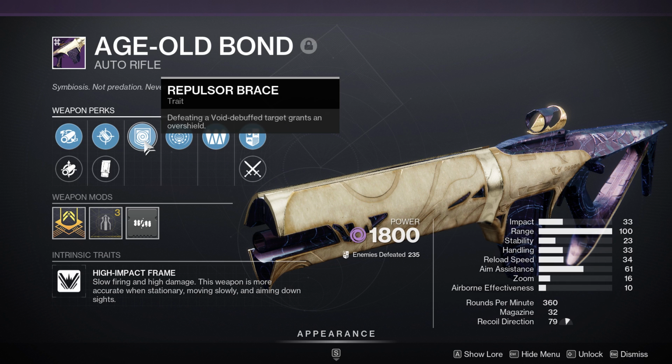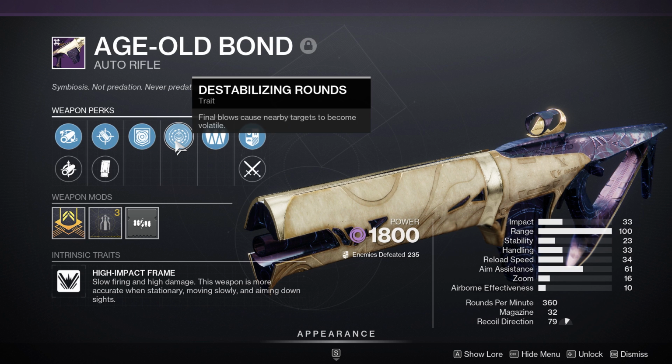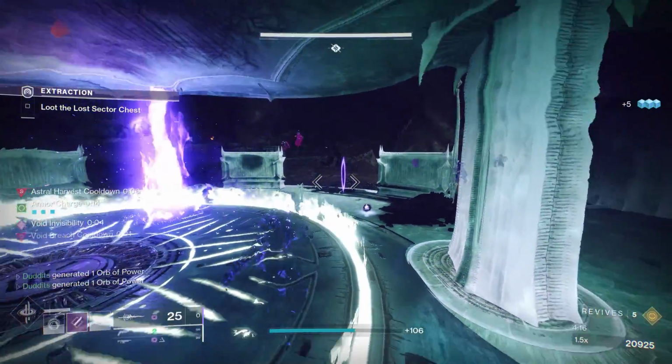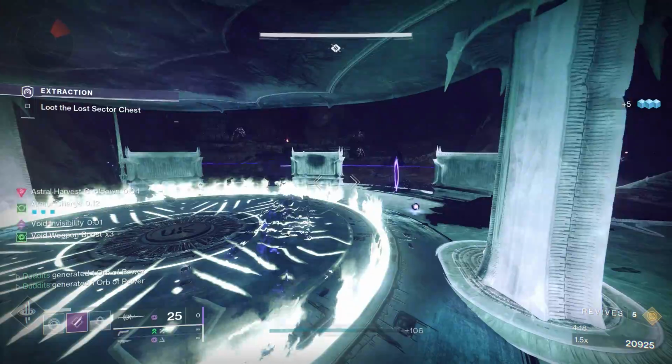Defeating a void debuff target is going to give you an overshield. We've also got Unto the Breach going on from the seasonal artifact. Destabilising rounds, final blows, cause nearby targets to become volatile. So everything working together, you can see here, I don't have my dodge for invis, I don't have a grenade,